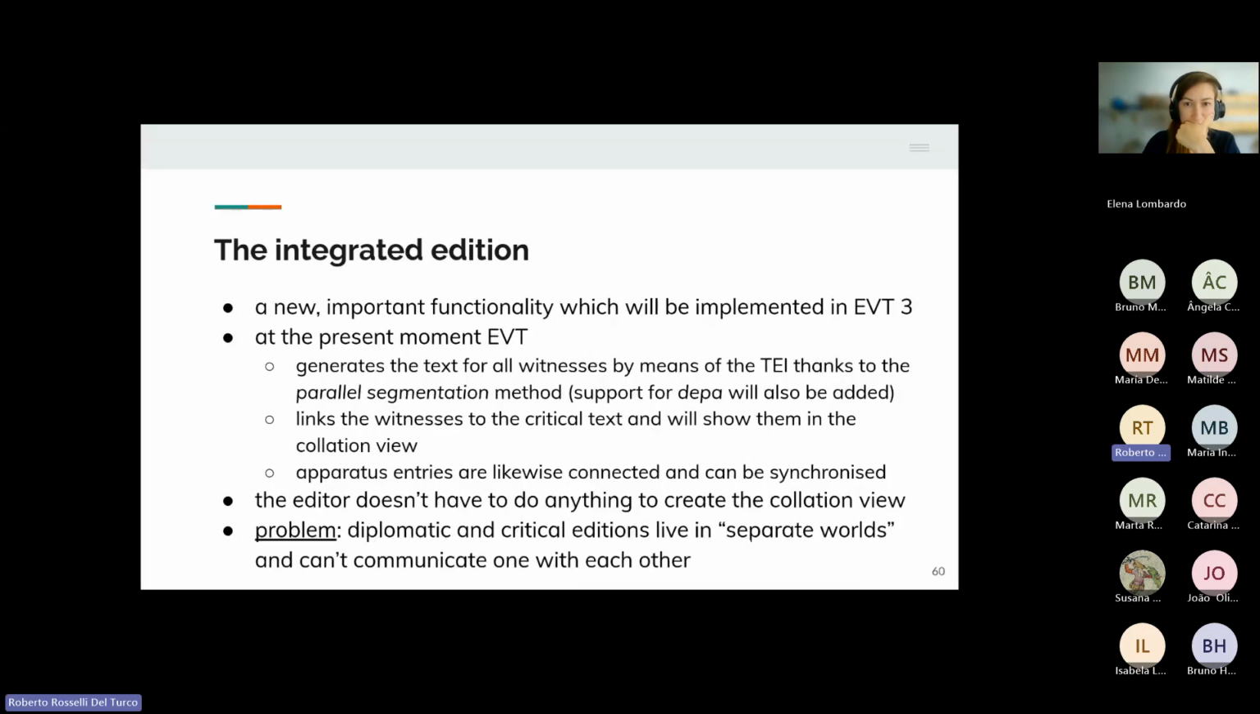Okay, everything clear so far? Can I indulge with a few minutes more? This is a feature I mentioned about the Leges Langobardorum project. This is very important because at the present moment,